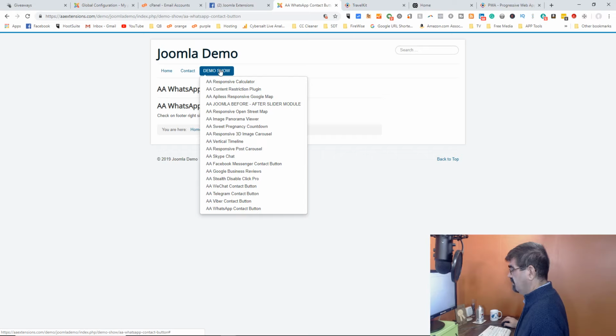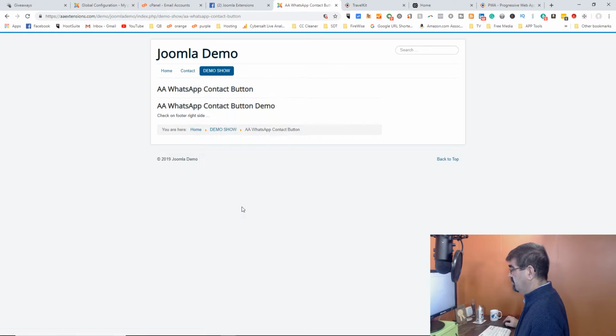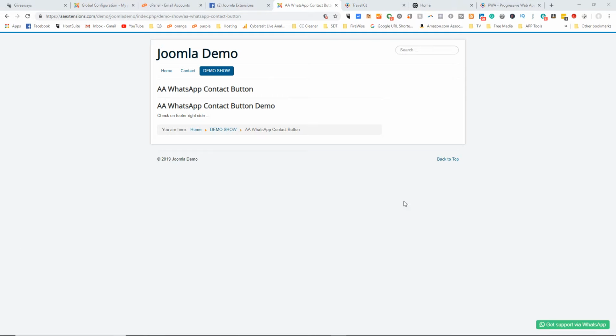Demo show. Let's see. WhatsApp contact button. Here we go. It says to click. It says check on the footer right side, down at the bottom. And okay, that's behind me here. Let's take a look at that. I have to turn me off again. Get support via WhatsApp. So if we click on that,